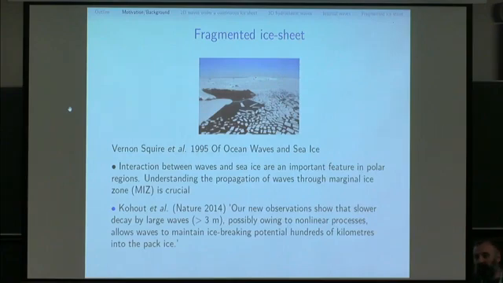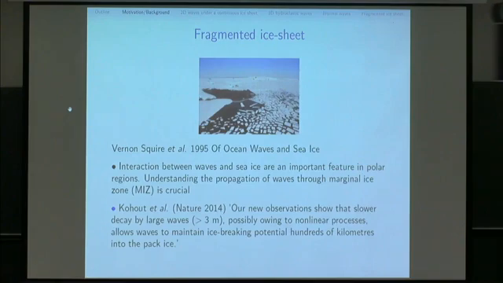There are a number of linear studies, but there are some observations which suggest that maybe some nonlinear effects are also important in this area. So Alice Kohut, for example. And the waves again are quite big, and the waves are getting bigger, and again they break more and more ice, and there is quite a big interest in this sort of area. Or what if you can predict somehow what happens with your wave going into this fragmented ice sheet. So those are the 3 or 4 different things I want to talk about today, and I'm going to